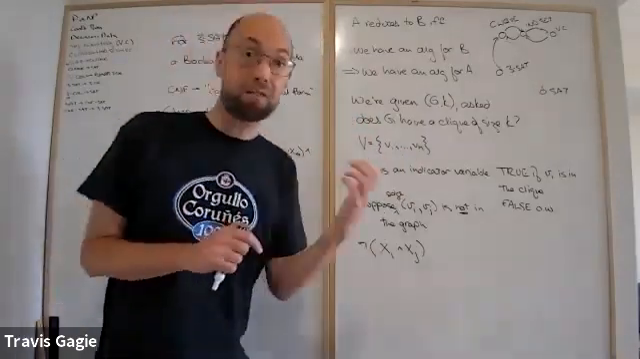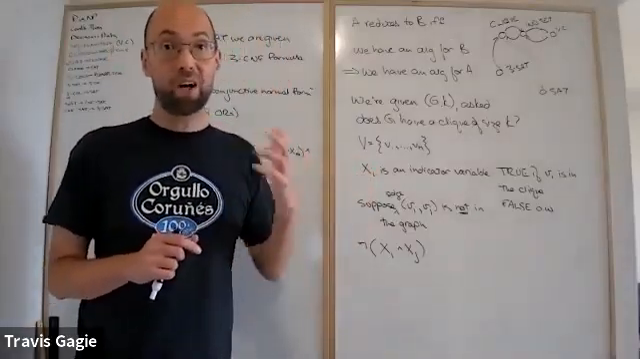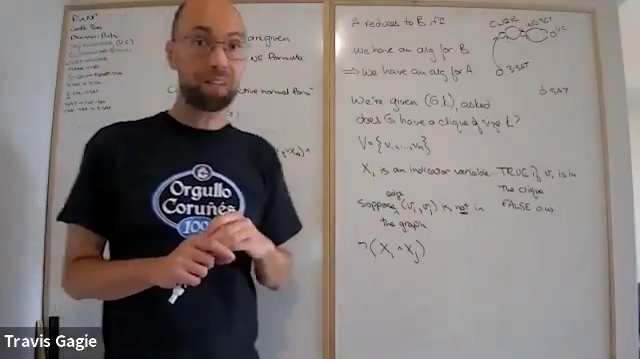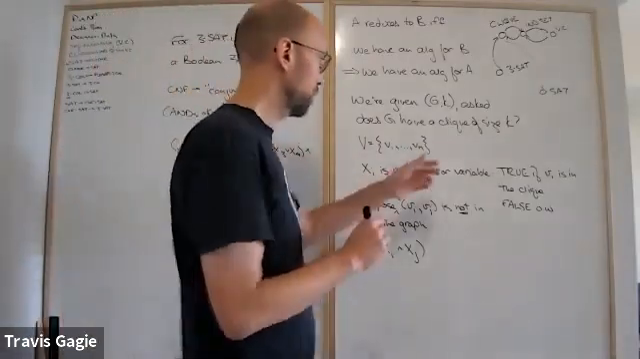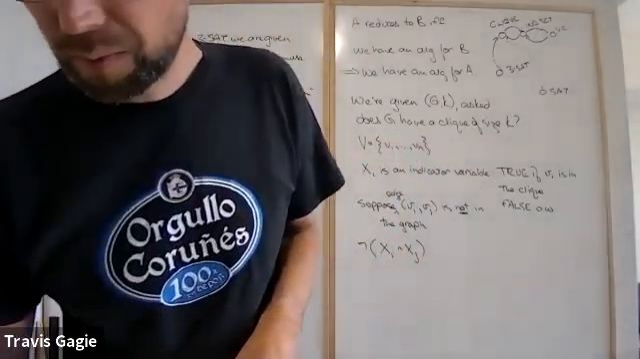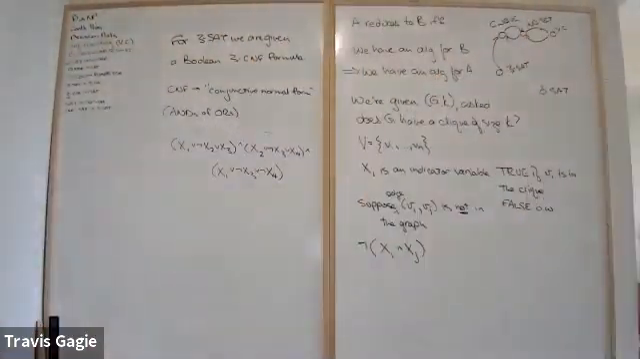And then you have to write a formula that says you need a clique of at least size k. So you want to somehow say that if you sum up all of these xi's,